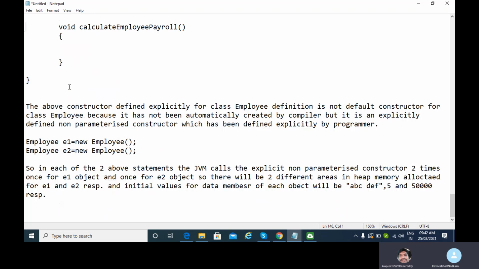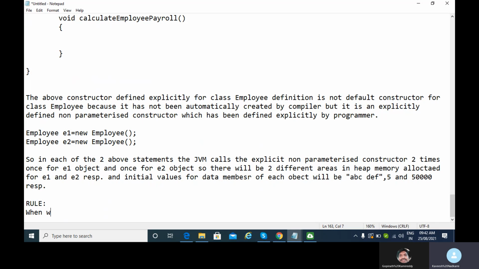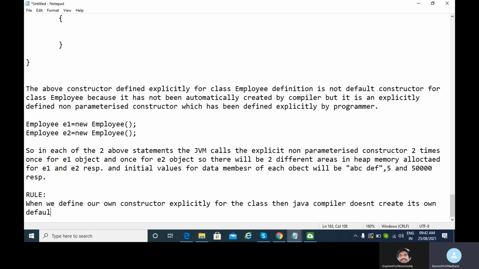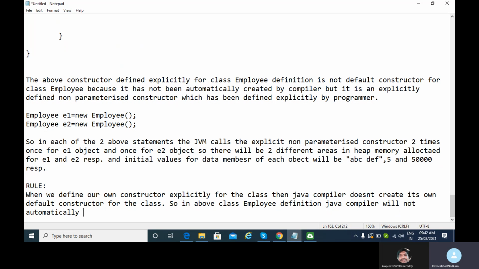Okay, so let's write the rule here. When we define our own constructor explicitly for the class definition, then the Java compiler doesn't create its own default constructor for the class. So in the above class employee definition, Gopinath, the Java compiler will not automatically create the default constructor for class employee.